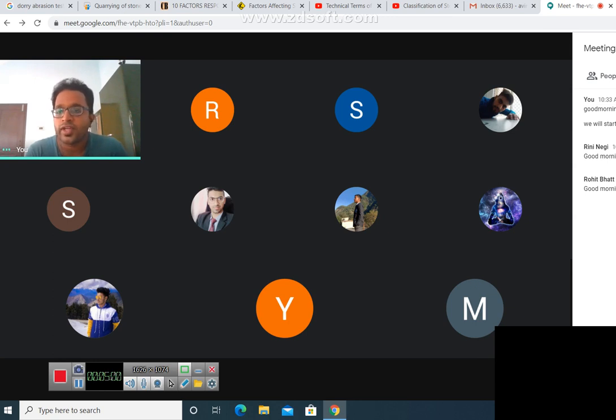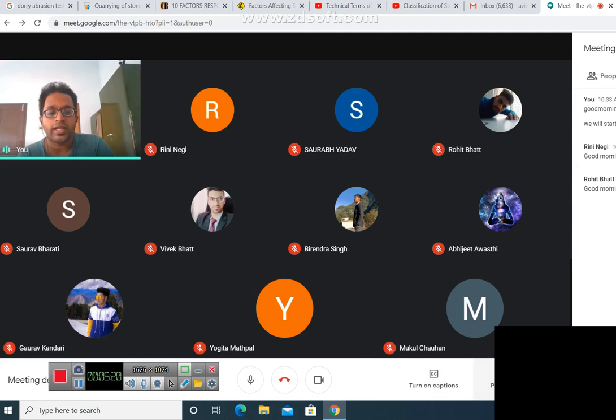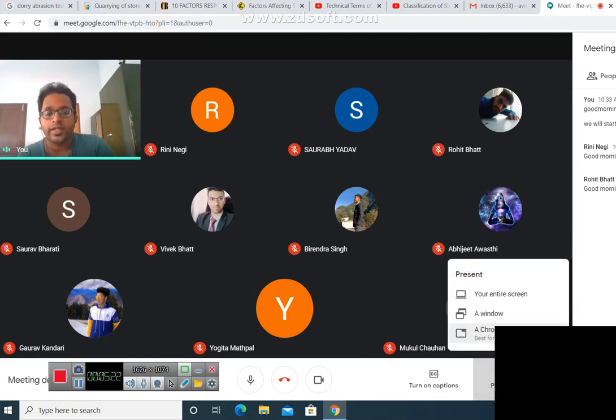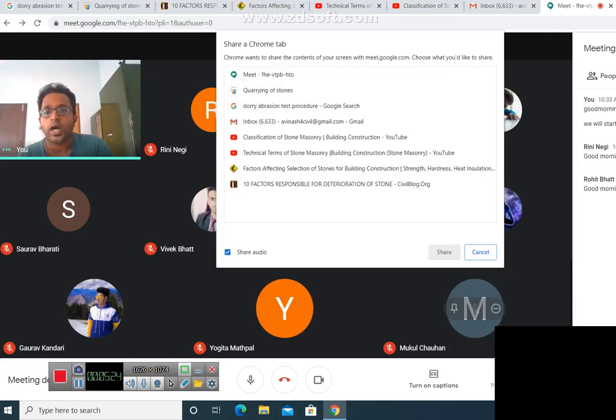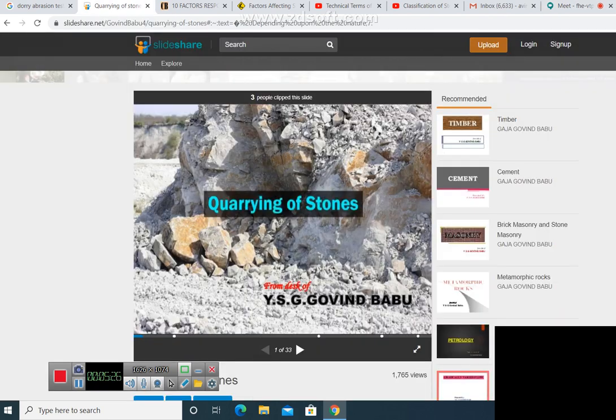Rock will be existing in very large deposits. From these very large deposits of rock, you have to collect the stone as a building material. So quarry means you will be breaking the rocks and collecting the sample of building material when you are going for this quarrying operation. Now let us see in detail what is meant by this quarrying of stones.